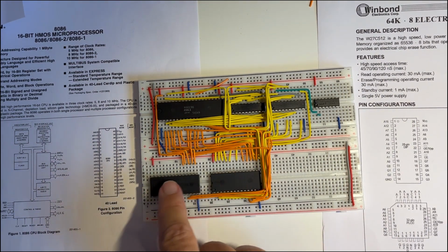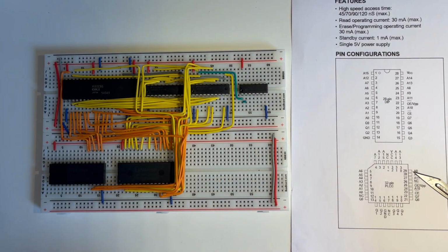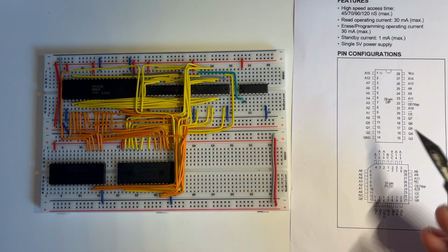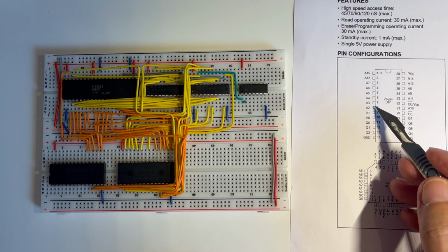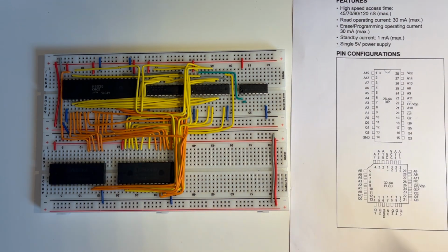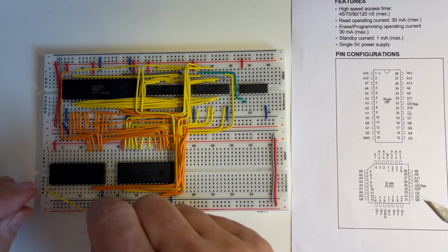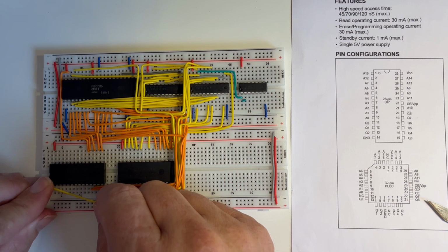Then we need to connect the addresses across. So that's the data lines complete. The address lines are next, and as A0, A1, A2 on the EPROM here and on the EPROM here are exactly the same, all I need to do is literally link this A15 here